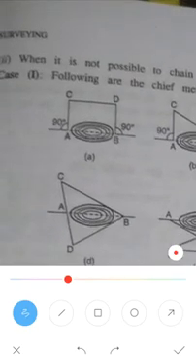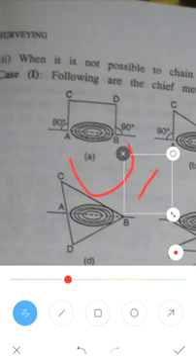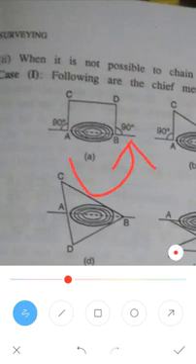See, I told you A and B are there, and you have to measure the distance between them. See the figure. How to measure the distance between A and B? Take a chain. When it is not possible with the chain, the first method is to select 2 points, A and B, on either side of the pond.